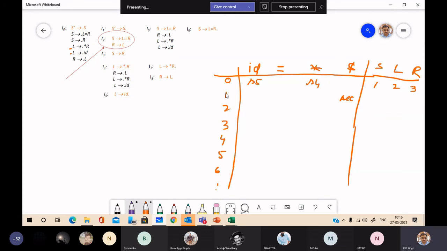Now see this 2. First, we have terminal symbol just after dot, equal terminal symbol, action is shift. So here action is shift. Go to I2, equal is this 6. So shift 6.